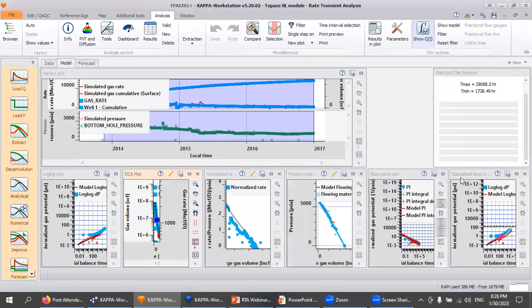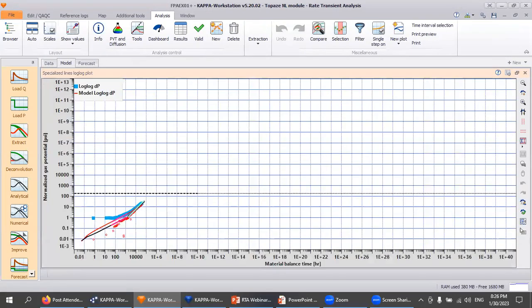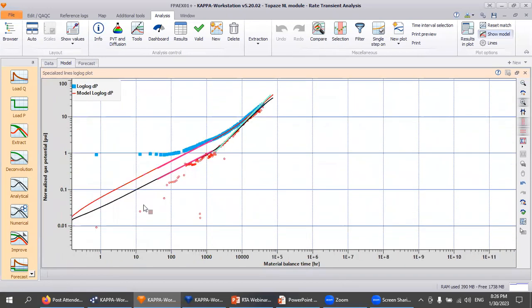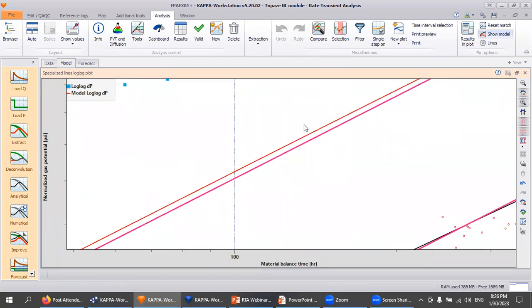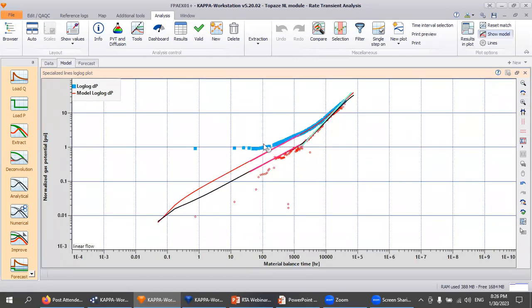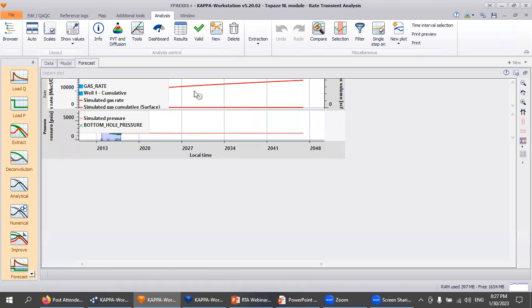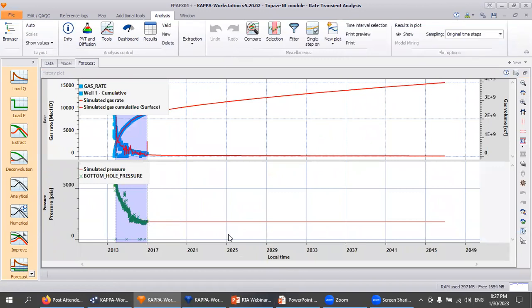Additional tools like the specialized line plots, like this one, let you confirm the slope of the different flow regimes. As mentioned, in this part we have linear flow, with the half slope straight line, while in this straight line we have unit slope representing the boundary dominated flow. Additionally, you can make a prediction of the reservoir pressure and flow rate versus time, as you can see, for long